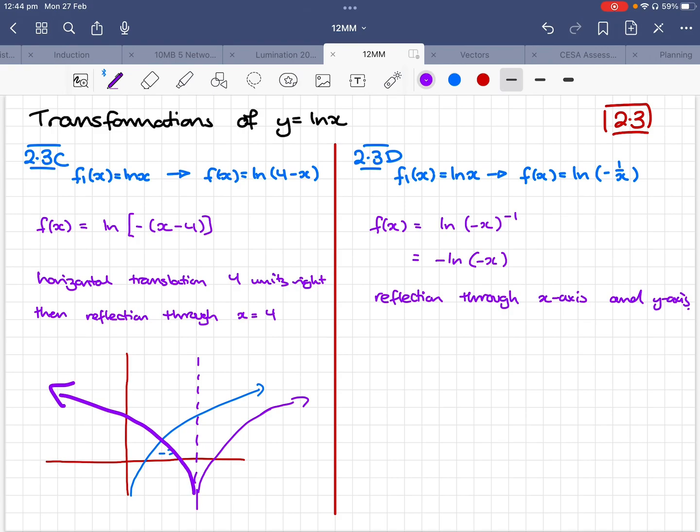That's all the examples. I know this one's gone a little bit longer, but there's a little bit more ground to cover here. Have a go at the questions in exercise 2.3. Some of them are very friendly. Some of them require a little bit of work. Some of them are just talking about a single transformation. Some of them will require you to do multiple